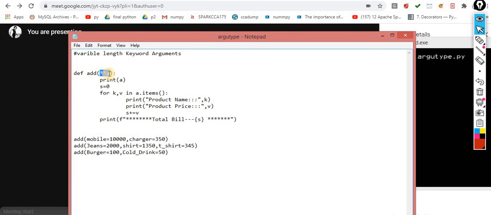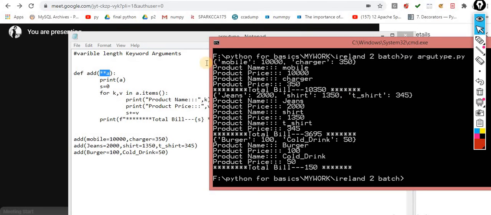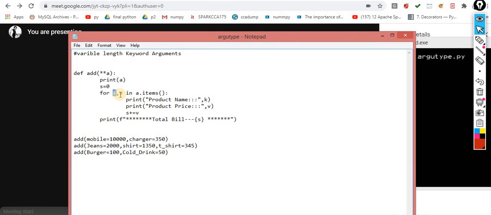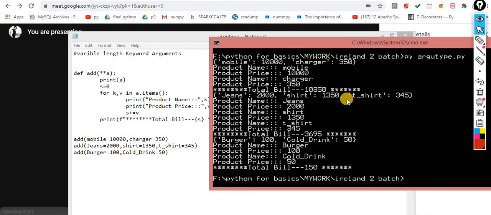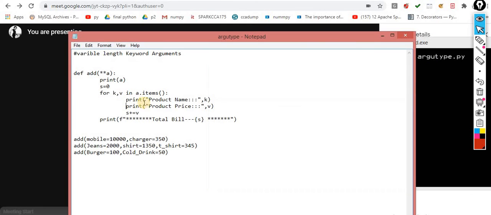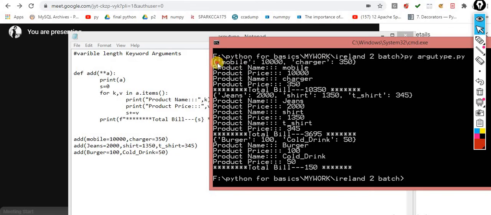This becomes a key value pair. Okay, it is treating as a key value pair. And the logic I am making, I am iterating the entire process. I am first iterating the mobile and the 1000. So inside key, the first will become the mobile, and inside the value becomes the 10,000. And what logic I am making over here, I am summing all the values that are respective to this dictionary. This is the one dictionary because this function is called the first time, so this becomes the first dictionary, this becomes the second dictionary.